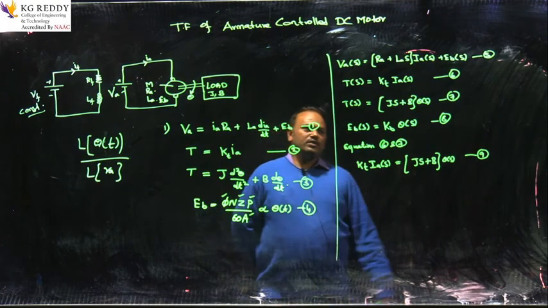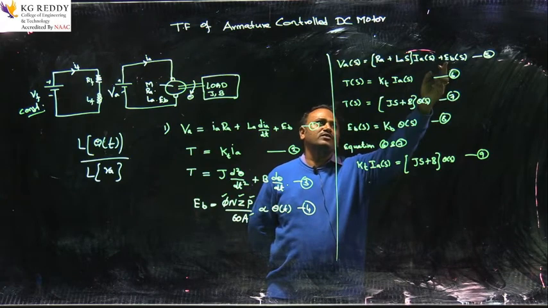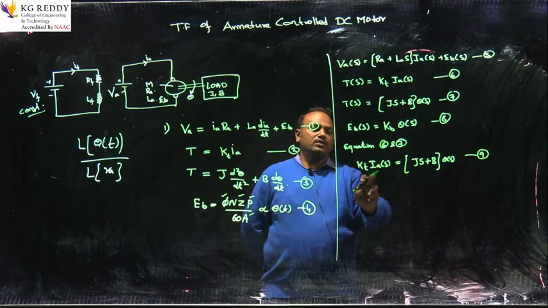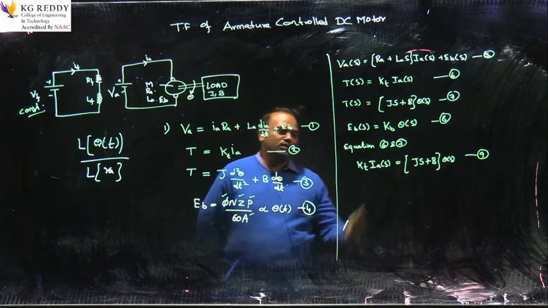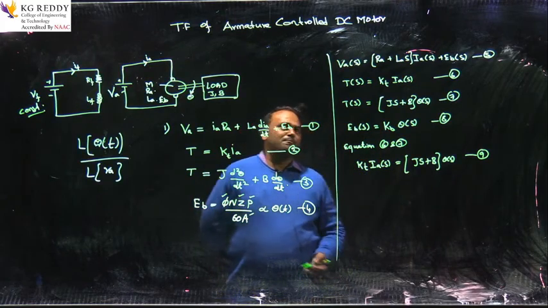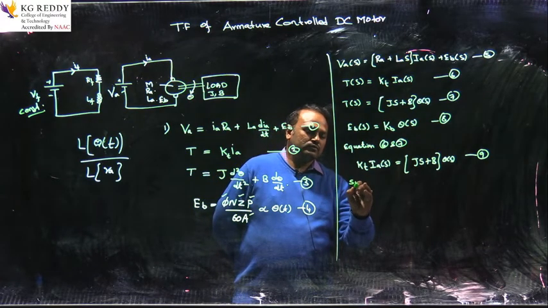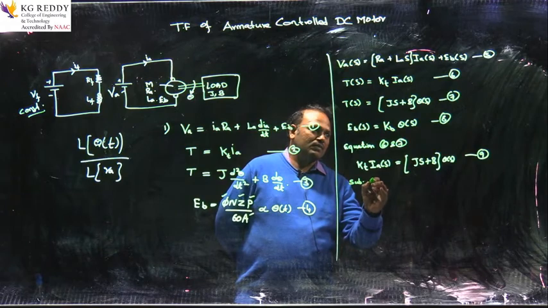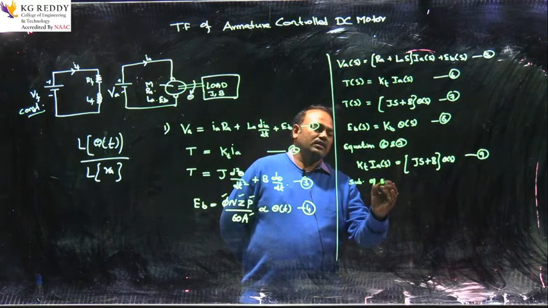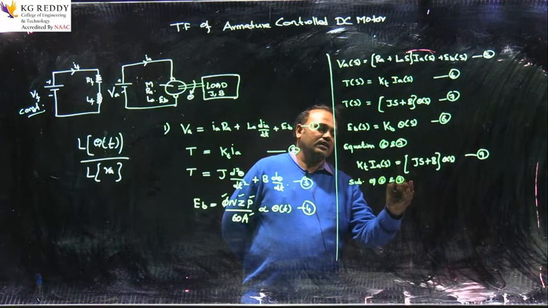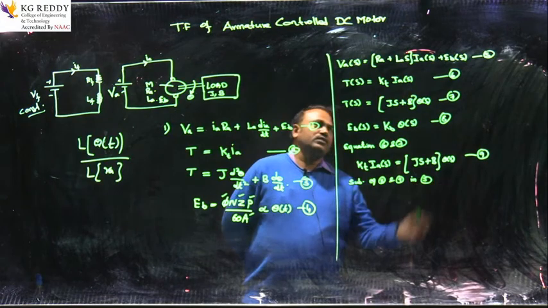We will substitute the back EMF from equation number 8 and the armature current from equation number 9 in equation number 5, and let us try to rewrite it. So, substituting equations 8 and 9 in equation 5, we have